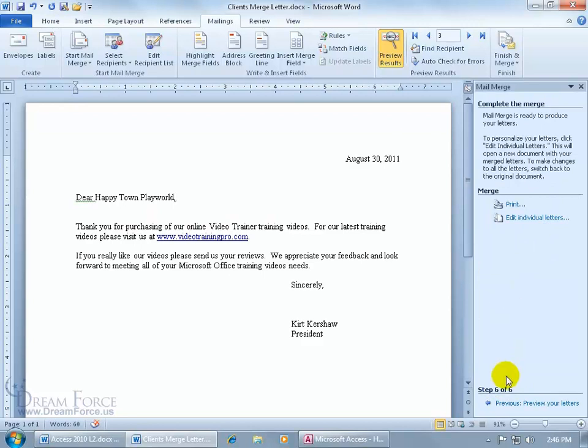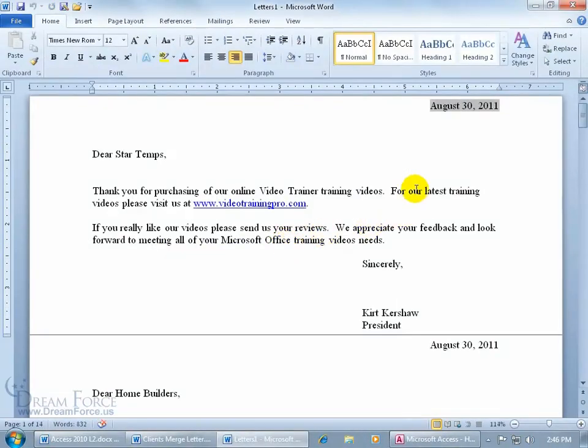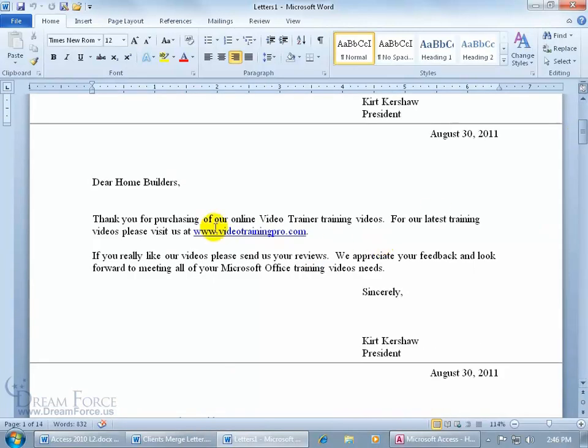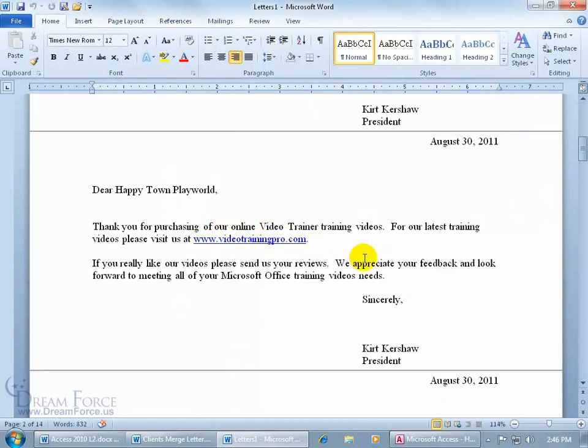And then we're in step 6 of 6. And what I want to do here is I want to edit the individual letters. Click on that and select all. It opens it up, and it has a letter for each client. Here's page 1, StarTemps. Scroll down to page 2, the next letter, Dear Home Builders. And then scroll down to page 3, Dear Happy Town Playworld. All I have to do is go ahead and click File, go to Print, and all these print off,